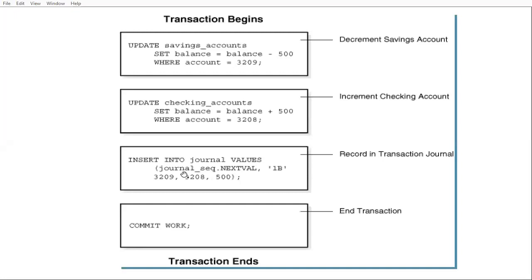Here, journal_sequence.nextval means a particular value is generated for this transaction; this is the transaction ID 1B, this is the source account, this is the destination, and this is the value. Once these statements are executed, the final one is commit work.